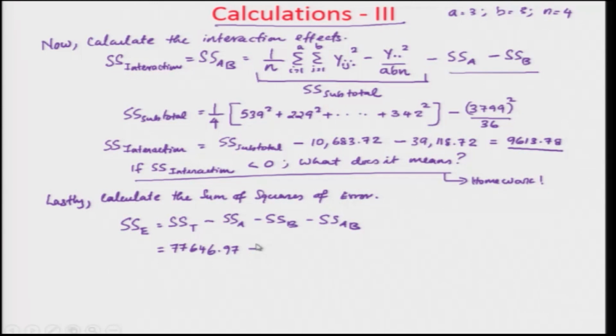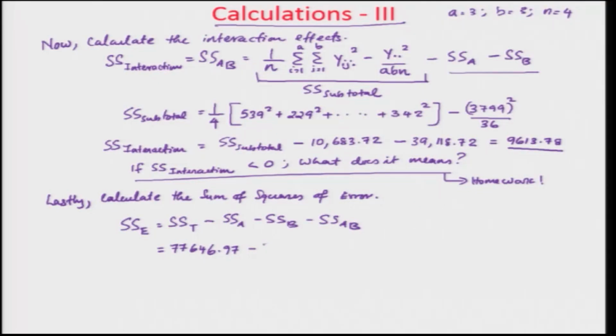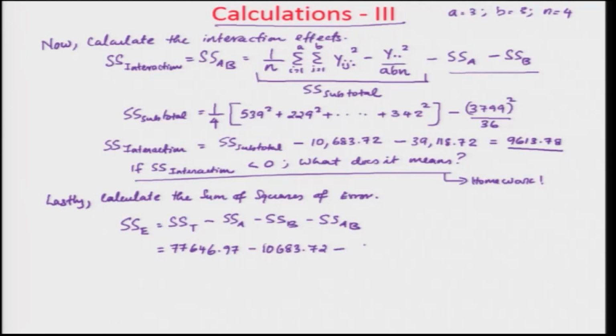77,646.97. From that you remove the SS of A. SS of A is 10,683.72. From that again subtract 39,118.72, the SS of B. Then you subtract this last term that you had, which is